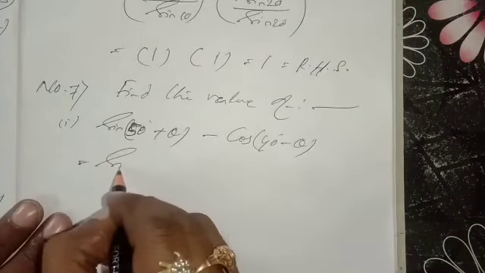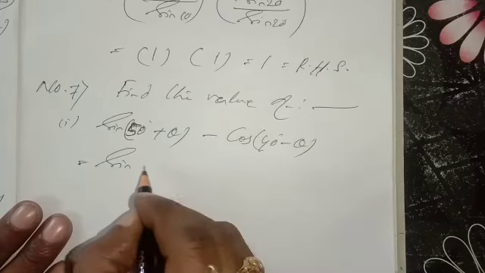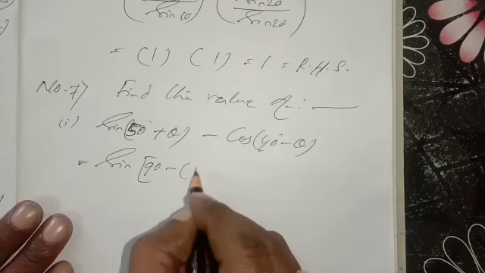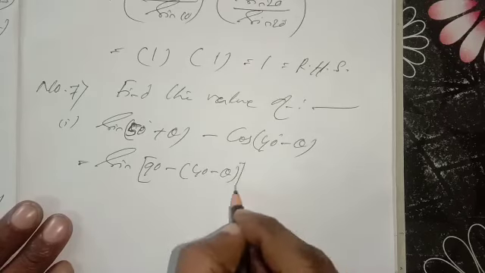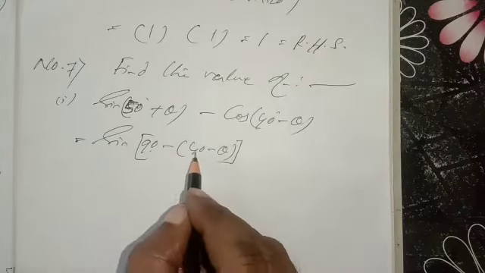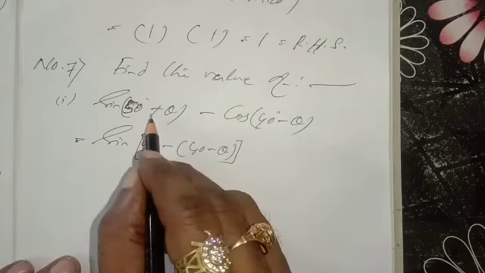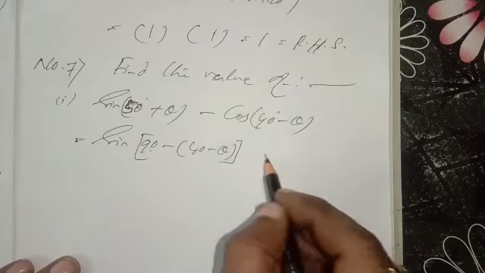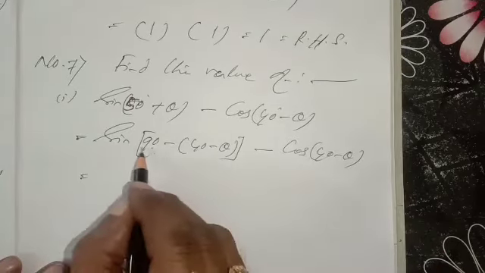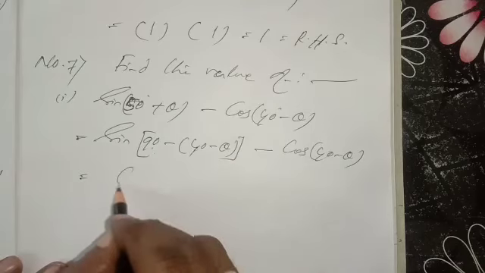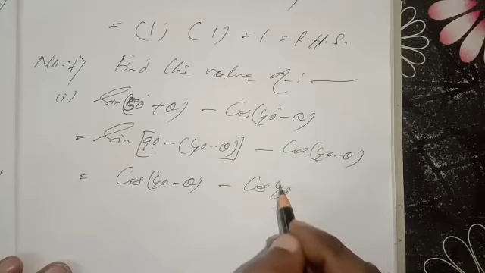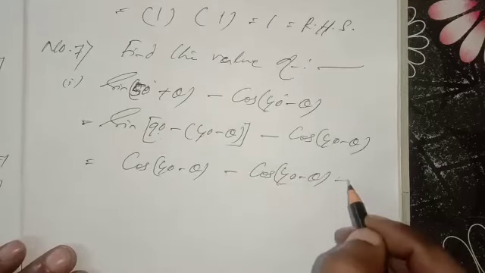See, sin 50 degree plus theta is given, I can write 90 minus 40 minus theta, because 90 minus 40 is 50, then this will be plus theta. That means 90 minus 40 minus theta will give you 50 plus theta. So instead of 50 plus theta, I am writing sin of 90 minus 40 minus theta. Now sin 90 minus theta formula is what? That means cos theta, so cos 40 minus theta, and here also cos 40 minus theta. Finally it will be cancelled and it will come 0. So what is the answer?